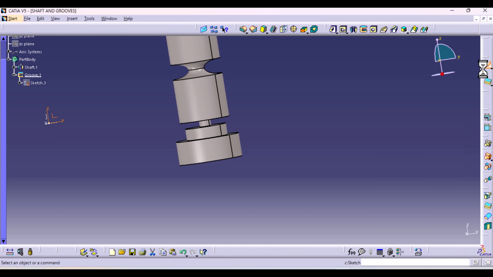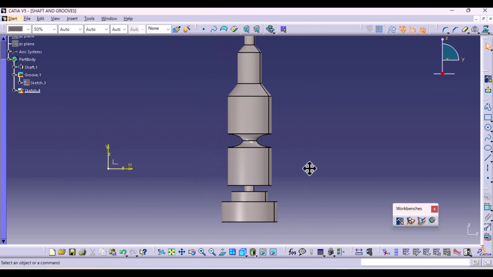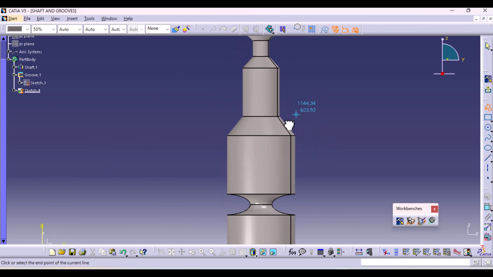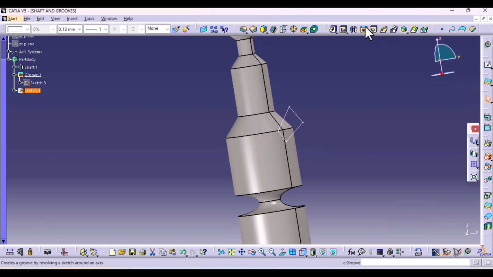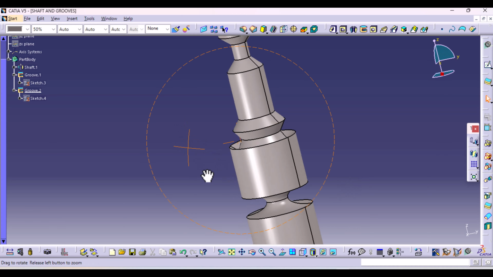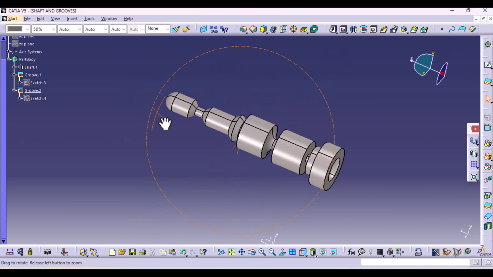Let's try one more. I can choose to create a freeform groove. Say that goes like that. And then once again, I'm going to select a groove around this axis. And again, it's going to deduct that. So this is how we create